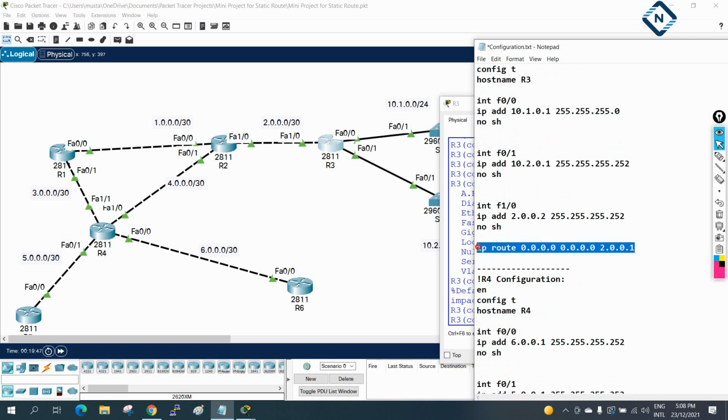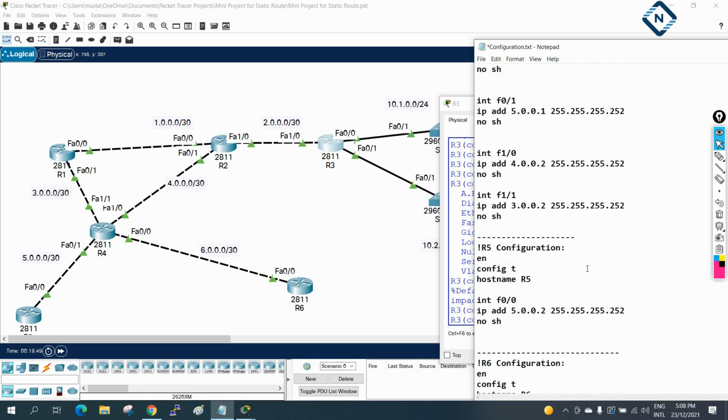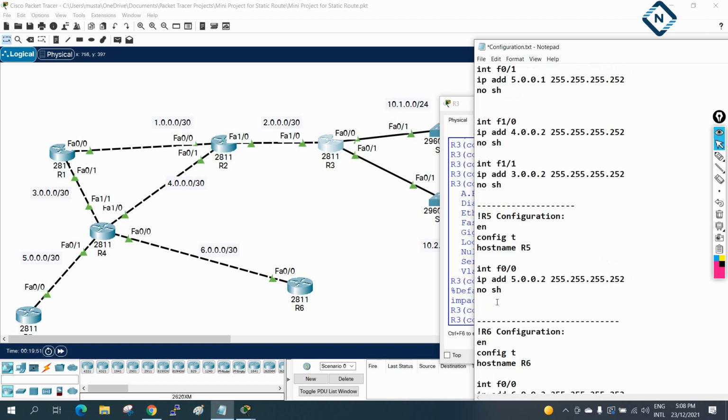Let me copy, we are going to do the same thing. I will go to R5 and I will put this also here, and here we will assign this IP. This is the IP 6.0.0.1. So I will write here, this should be 6. Why I am writing 6? 6 or 5, whatever we have. This is R5 means 5. So this one, let me correct. We are in the R5.